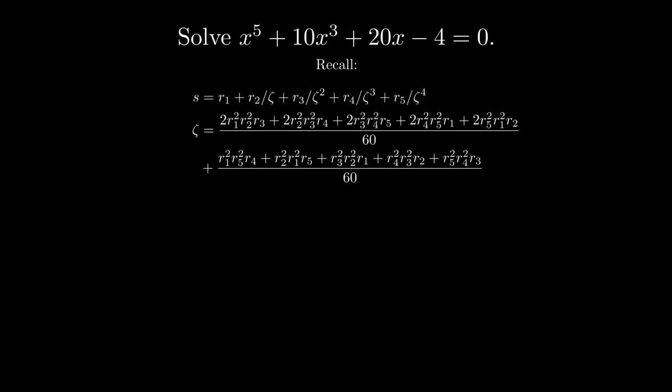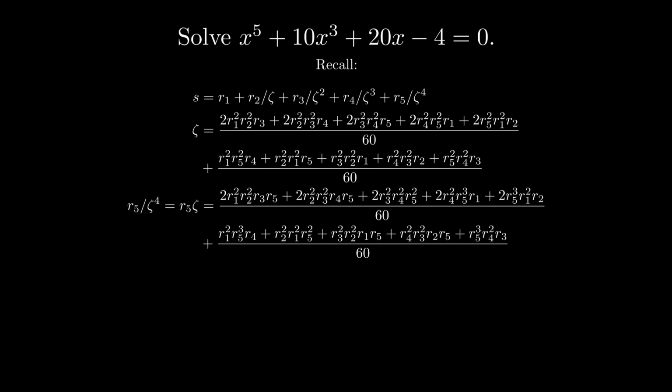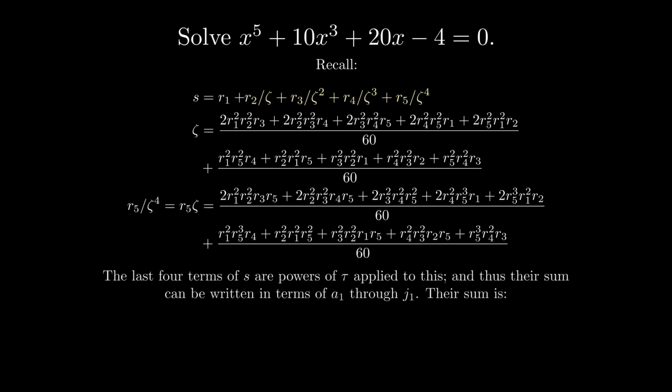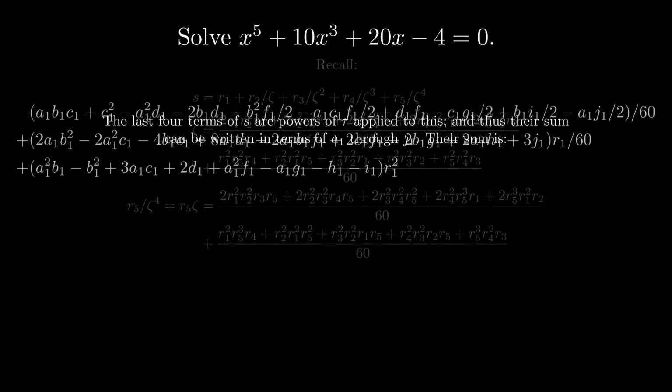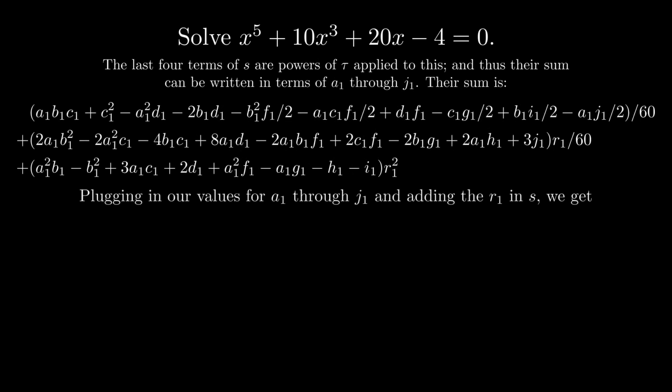We pull up the value that we found for zeta and multiply by R5, since that's the term that is multiplied by only zeta, or divided by zeta to the fourth. The final four terms in S's sum are just powers of tau applied to this, as we constructed, so this sum can be written in terms of A1 through J1 with our behind-the-scenes dictionary. We get this ugly mess, but we know what each of those are in terms of R1, so we plug